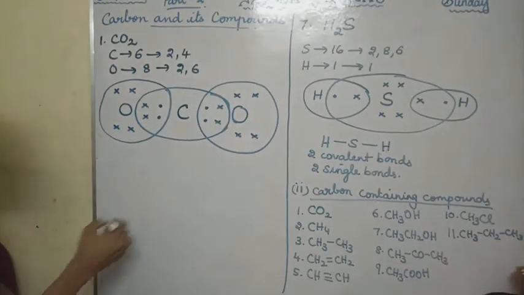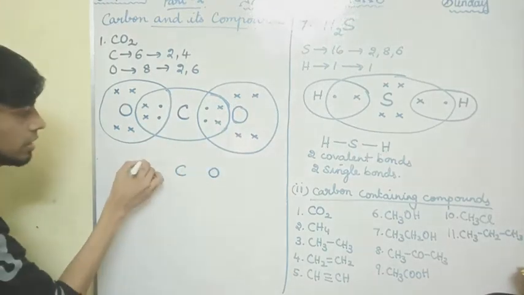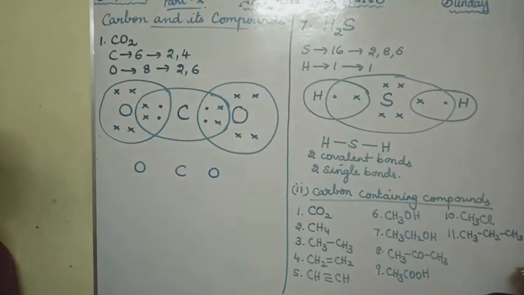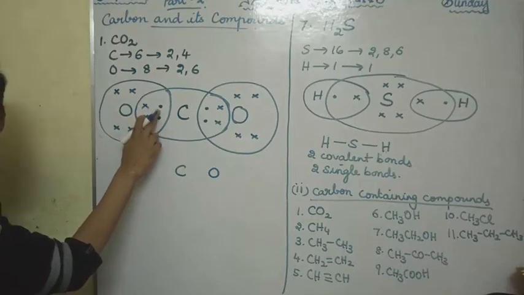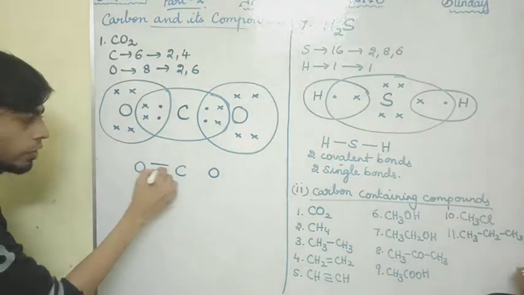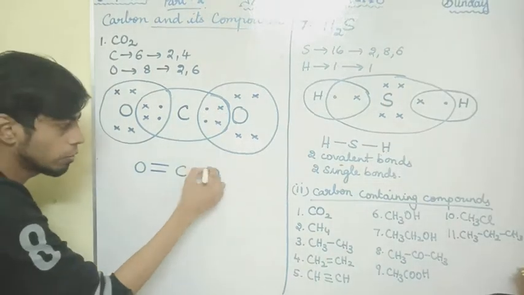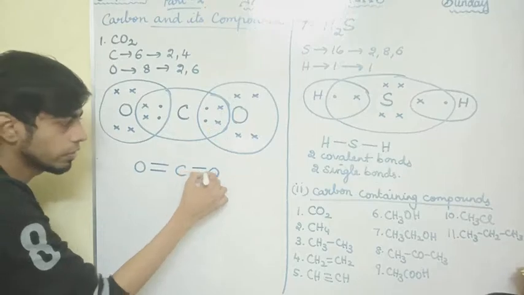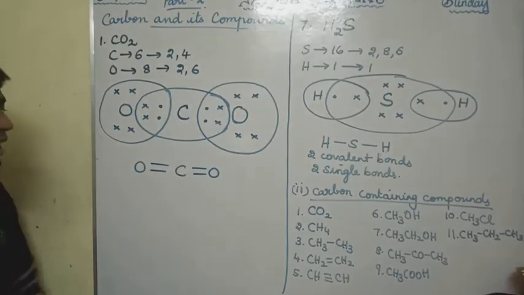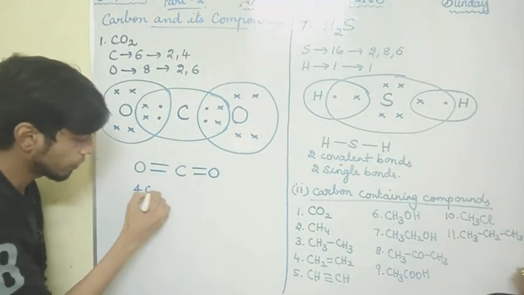Okay, now coming to this, so this side carbon, this side oxygen, this side oxygen. So these 2 electrons will form one bond, these 2 electrons will form another bond. Similarly, these 2 electrons will form one bond, these 2 electrons will form another bond. So how many covalent bonds are there totally? 1, 2, 3, 4. So there are 4